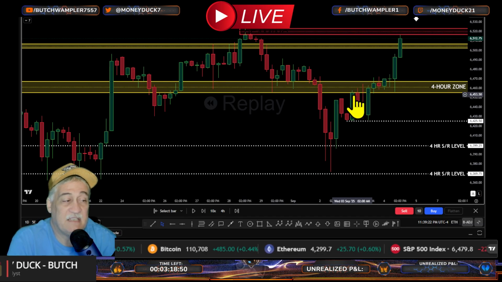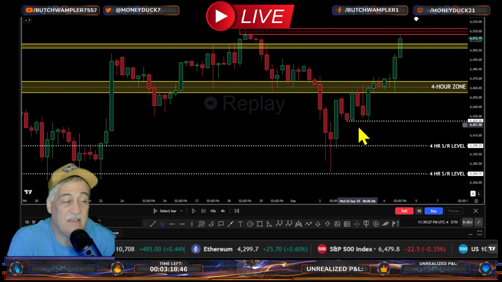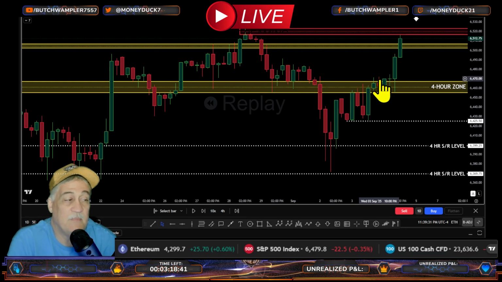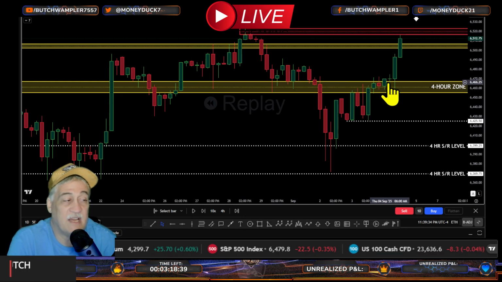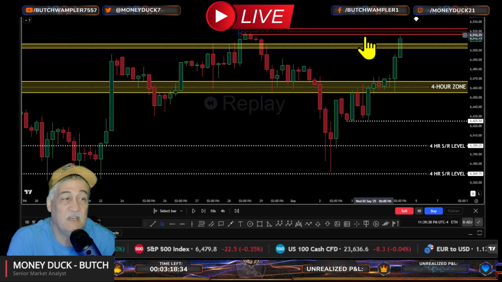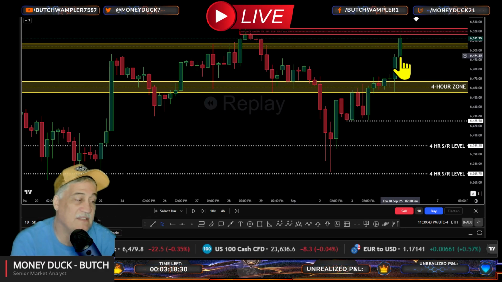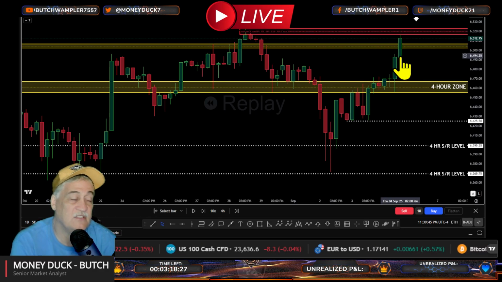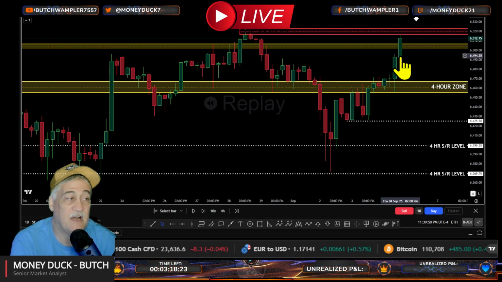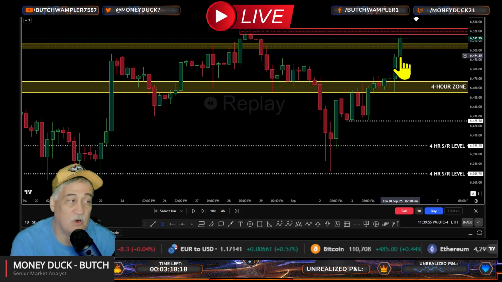Okay, so what we had was a huge move up here, a huge bullish move. It respected this yellow zone here, fell off of it. Right here we had kind of a double bottom because it came down and tapped this low here, and then it went up slowly, gradually, those 4-hour candles. It finally went through that yellow zone, and then it shot up to the all-time high, the bottom of this zone. So that's where we were. I think it was Thursday at 2 p.m. So this was Thursday, and this was before Friday's non-farm. So that's where it sat on the 4th.